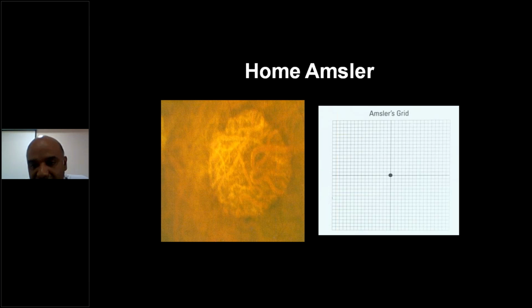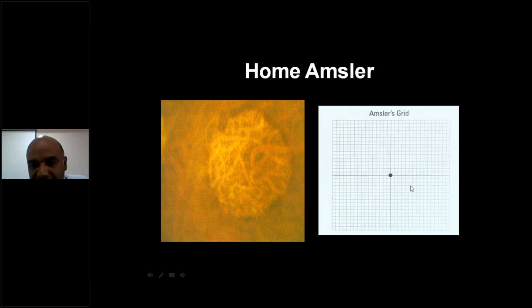So you give them a chart called Amsler's grid. Now, what does this Amsler's grid do? This Amsler grid has a center point, a black spot. You ask the patient to keep looking at the black spot and identify all these squares, whether they are of equal size, whether the lines are straight, horizontally and vertically, whether the corners are seen properly.